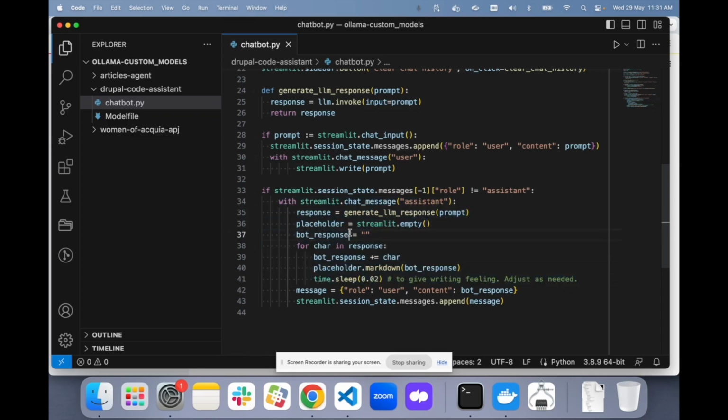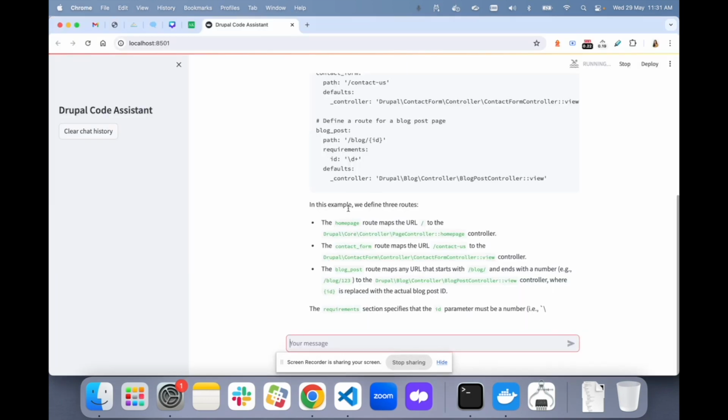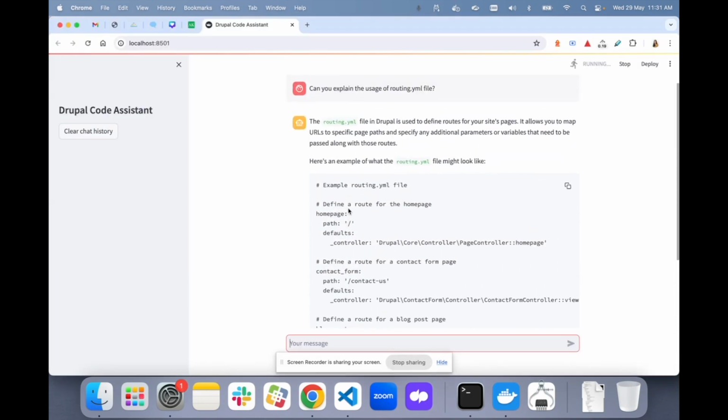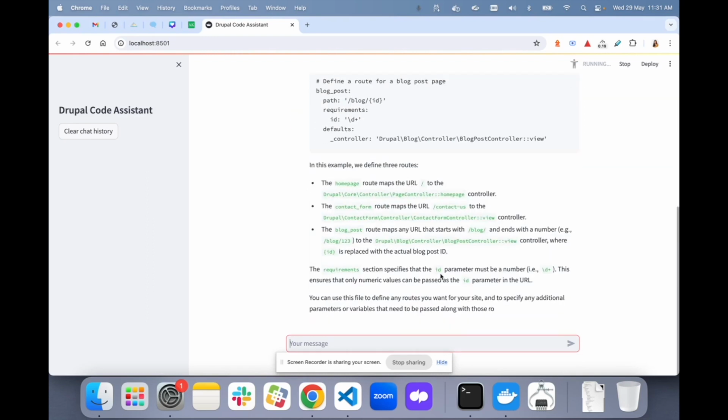What we are doing here is giving a feel that a user is actually typing this message. You see, it is typing like this, like a chatbot simulation.